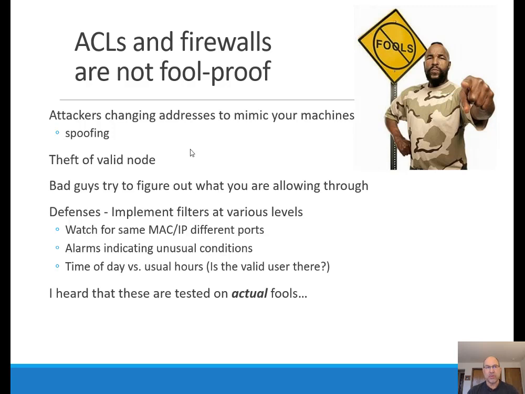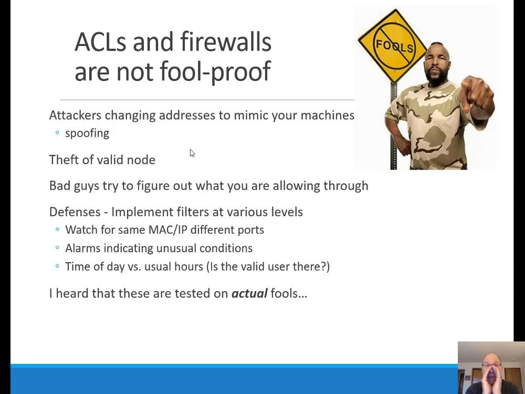So what the bad guys do, the strategy is to try to figure out what is getting through and then develop exploits using that particular doorway. So, defenses against bad guys and defenses against some forms of reconnaissance: we're watching for spoofed IP addresses, spoofed MAC addresses, changes like that. Alarms that indicate unusual conditions: IP addresses appearing where they're not supposed to be, traffic at different hours of the day, anything that's unusual. But this, of course, means that you have to understand what's usual or what's normal.